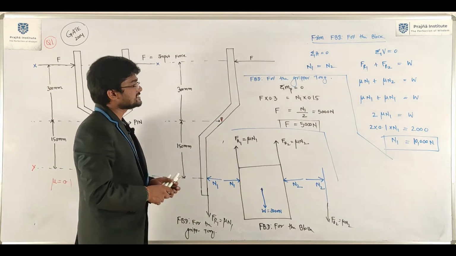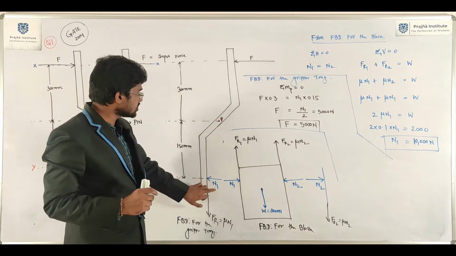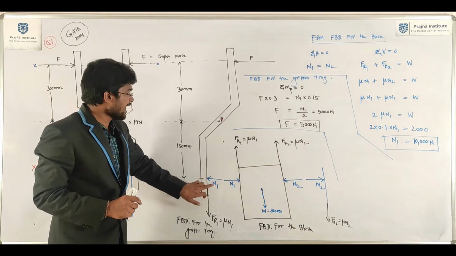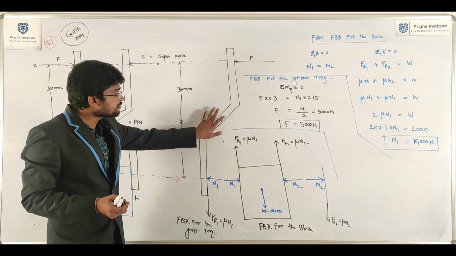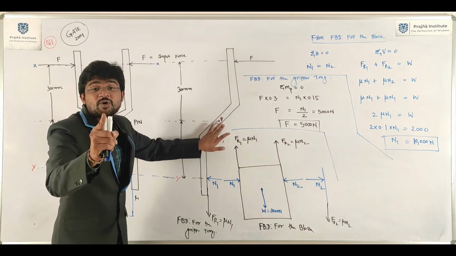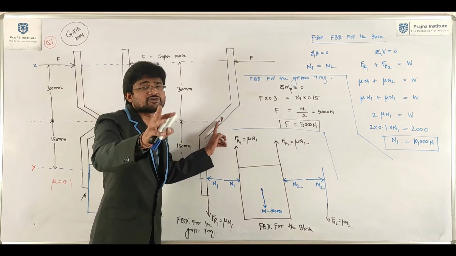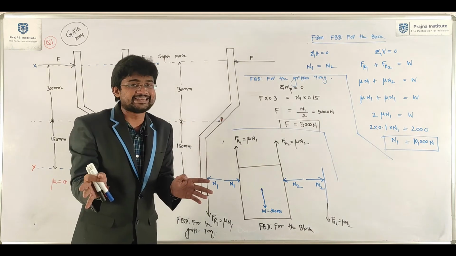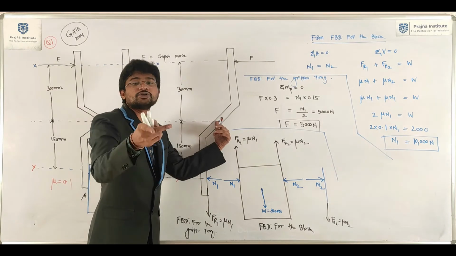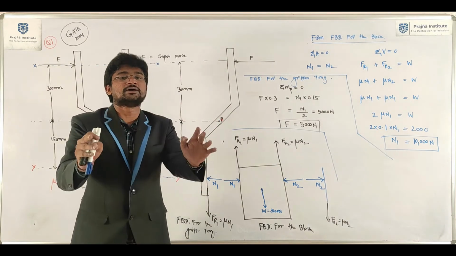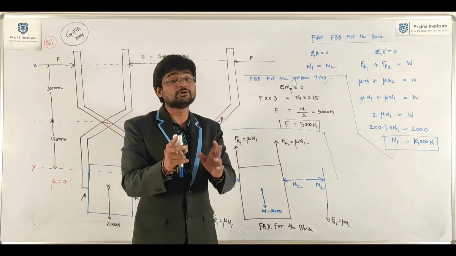So that is why, if you apply sigma h equal to 0, N1 is not equal to F1. Why? Because there are so many forces acting at point P. That is why it is better to apply moment about point P. A lot of forces act at point P, you neglected them, so the moment of all neglected forces about point P equals 0. Even if you consider all the forces, the moment equation will give correct results.